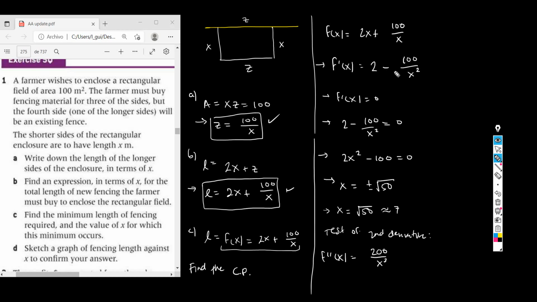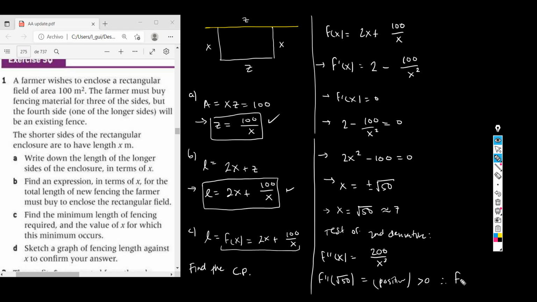If you differentiate this function, you will be getting this. And then you need to evaluate at the critical point, which is the square root of 50, and basically just notice the sign of the result. So the sign obviously will be positive, right? 200 over the square root of 50 to the cube, that's going to be positive, which is greater than 0,